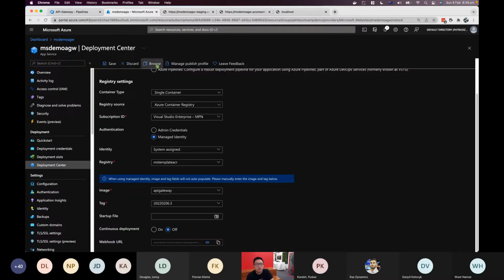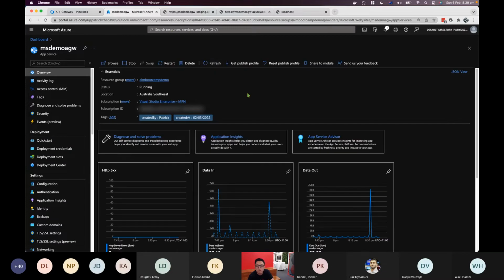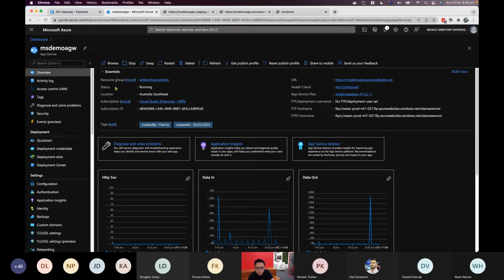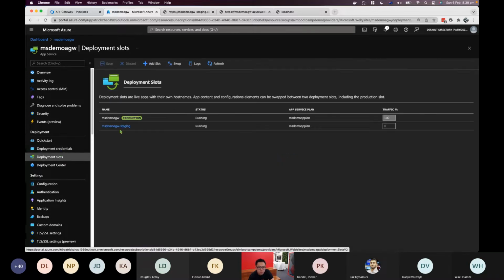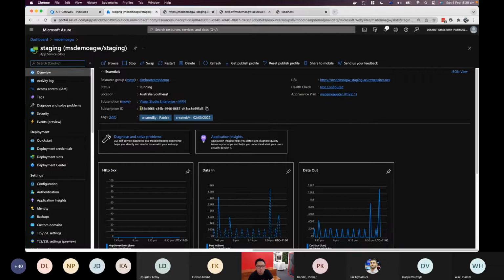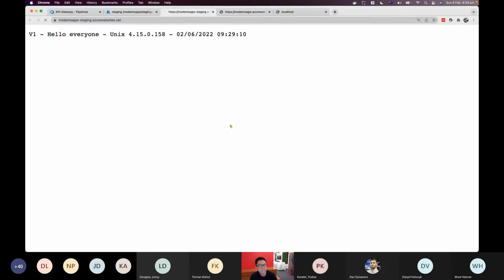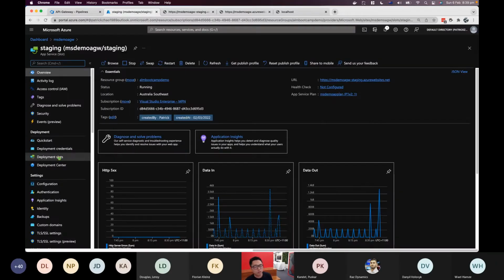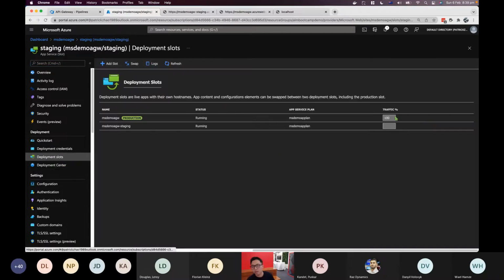Now, let's jump onto the staging slot. So this is the main app. And if we look at the staging slot, we can come here. It's been blurred out for a second. All right, so I think I have this open here. Staging. All right, and let's refresh. Oh, boom, it's done. We're on v3, and currently the traffic is still 100,